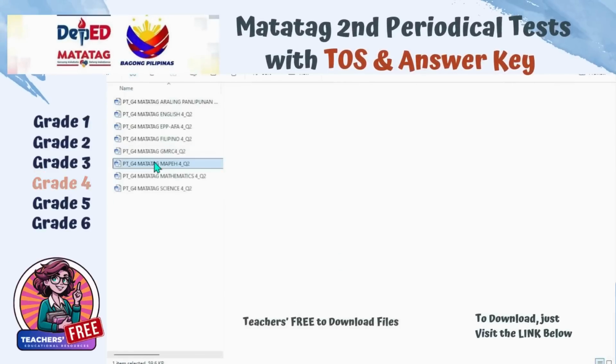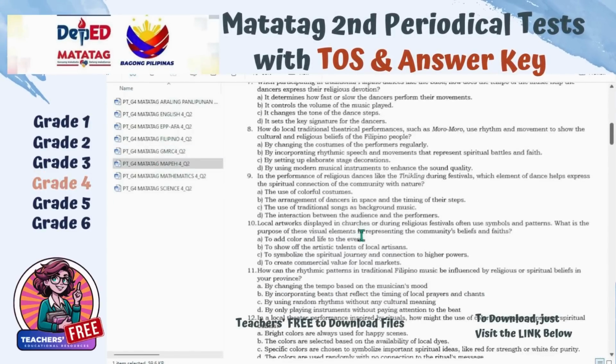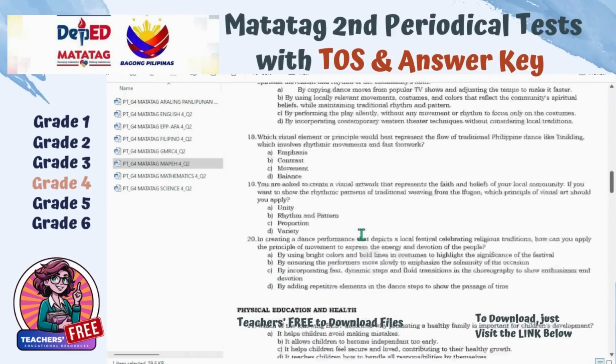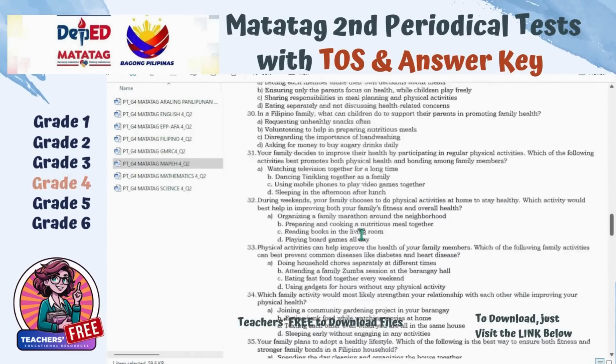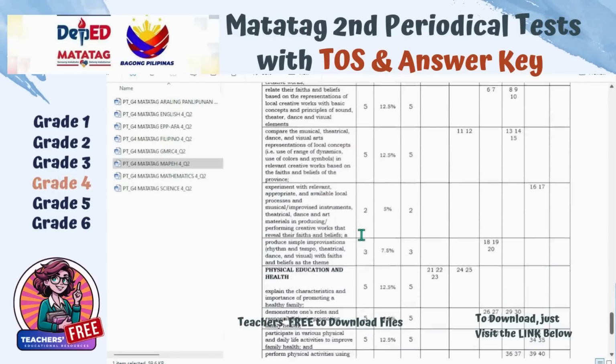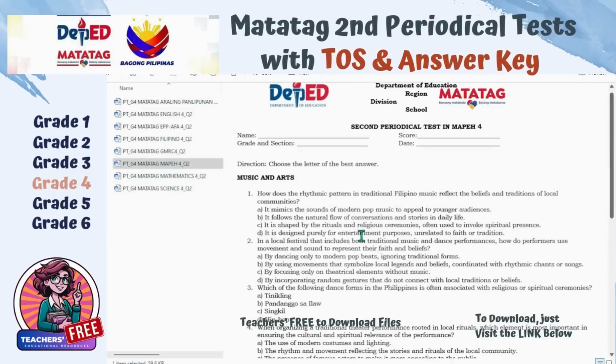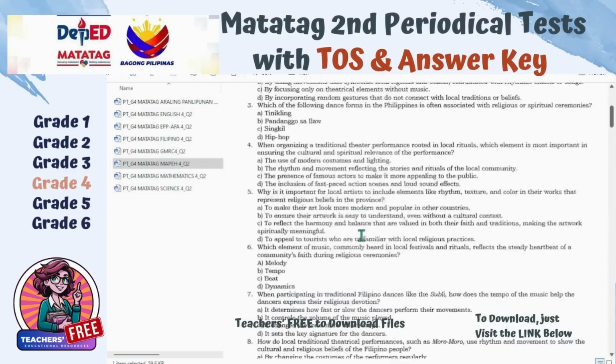We also have the MAPE 4-second periodical test, which covers. In music and arts, you'll explore sound, theater, dance, and visual arts, focusing on how they reflect local culture and beliefs. You'll experiment with local materials and instruments to create works that express your own beliefs and practice improvisation in